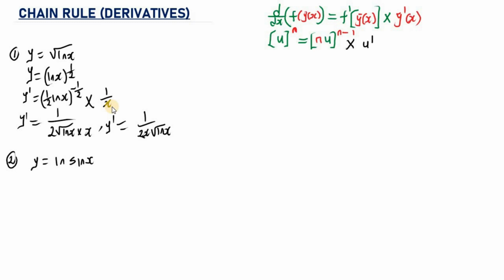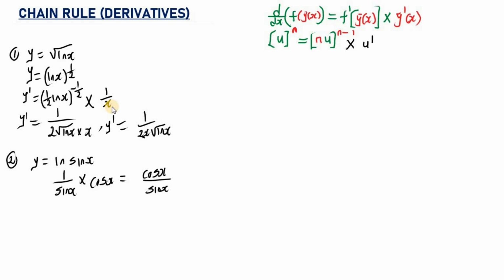We're going to say ln of sine s, this is 1 over sine s. So we are starting from the outside, so it's going to be ln. Whenever you see ln of any function and you want to take the derivative, you need to take it as 1 over the inside function, then multiply by the derivative of sine s. What is the derivative of sine s? This is cosine s. So this is going to be cosine s, then divided by sine s.